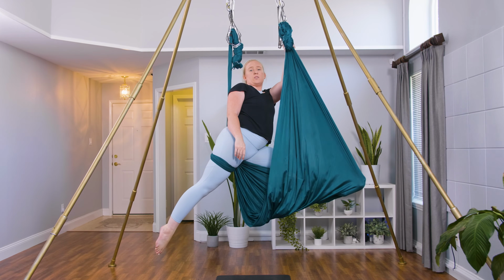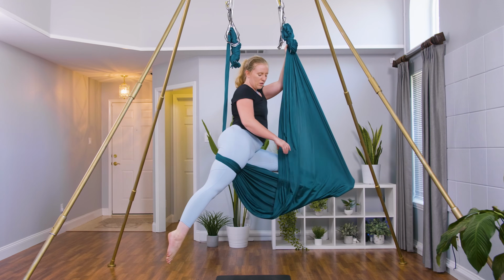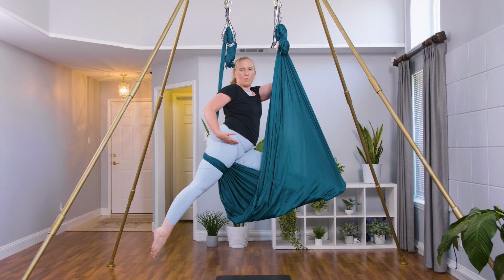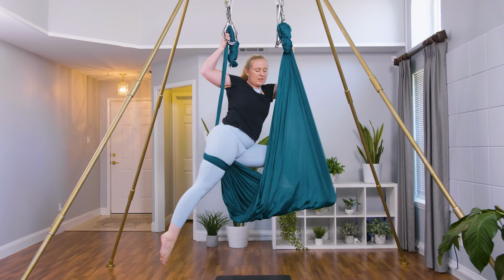Do you know what we forgot to do on this side? Just bring that right leg to the back. So if you forget to do that, this is what's going to happen. There's not going to be much skirt to play with because we don't have that hammock over the front of the right thigh. So to fix that,